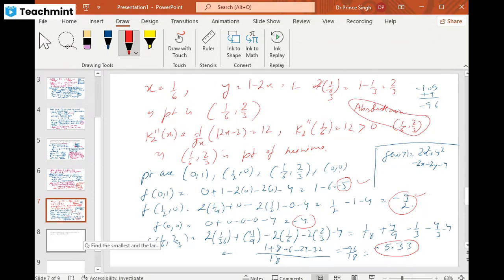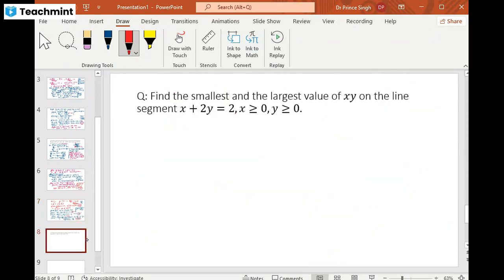Okay, now let us consider another problem. This time we want to find the smallest and the largest value of the function on the region. Again, if we check the region here, this is the x-axis, this is the y-axis, this is the line y equal to 0, this is the line x equal to 0, and for x plus 2y, when x equal to 0, y equal to 1, and when y equal to 0, x equal to 2. So again, this is a triangular region